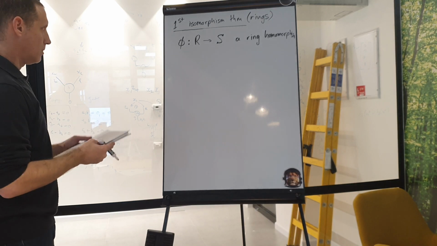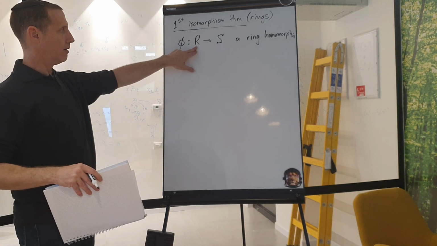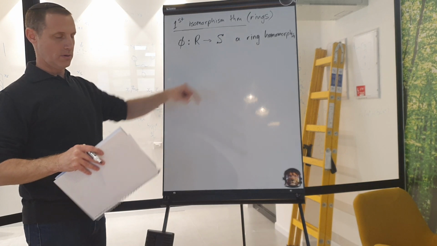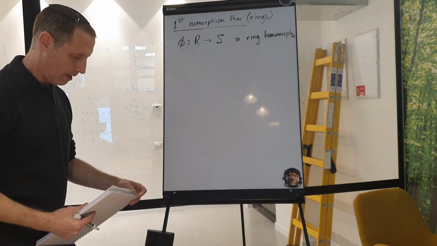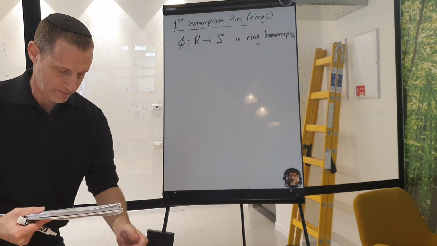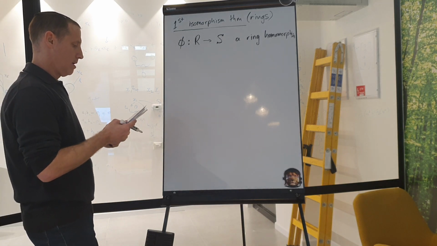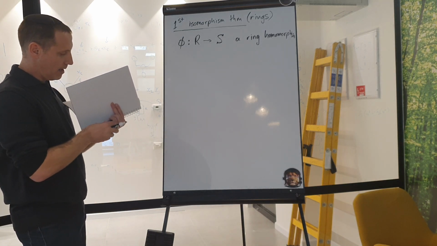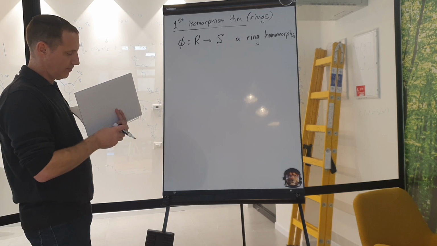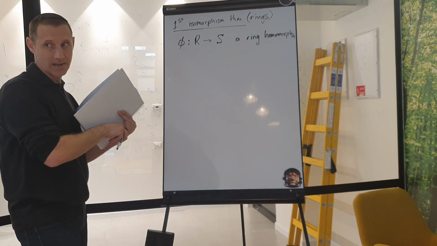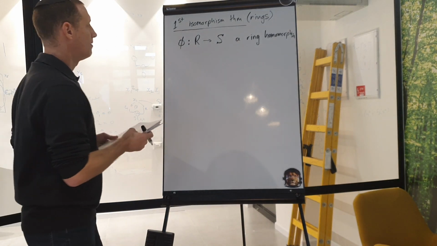Okay. So whatever structure we had here goes to here. All right. Now, if I have a ring homomorphism, okay, necessarily I can define,